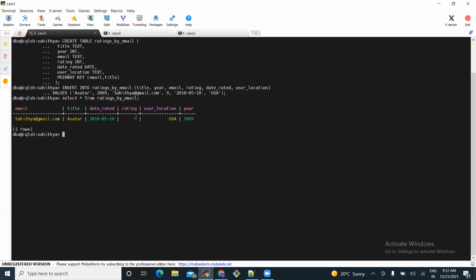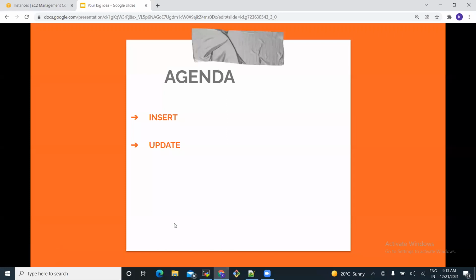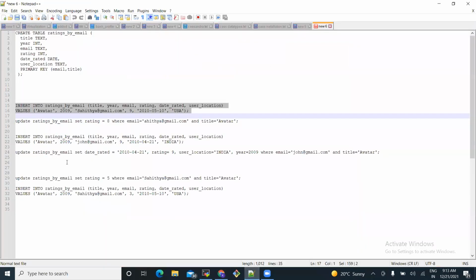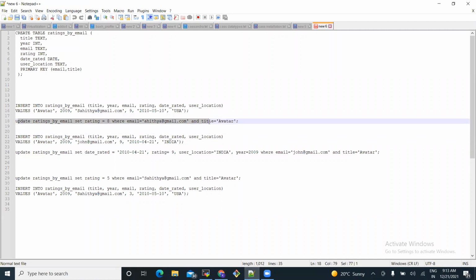Now let's update Sahitya's rating to 8. Currently it is 9. So let's update this to 8. Let's use the update command now. This is the update command we use. Let's use it.